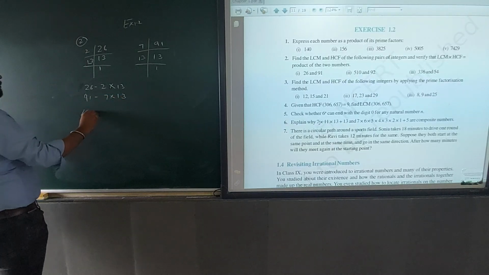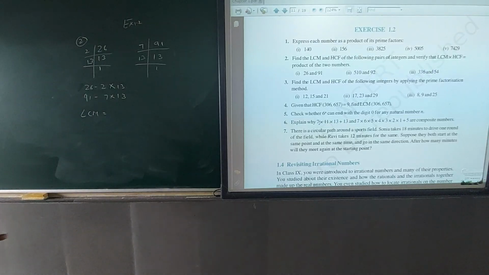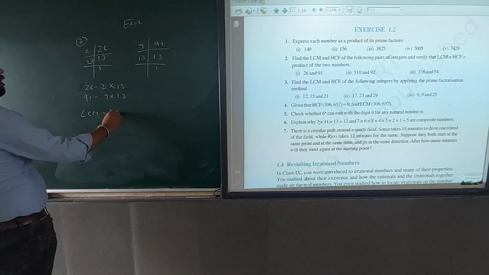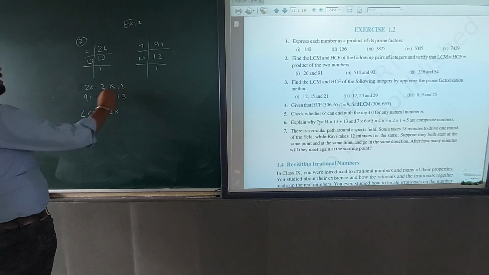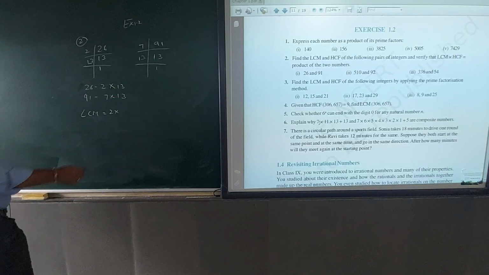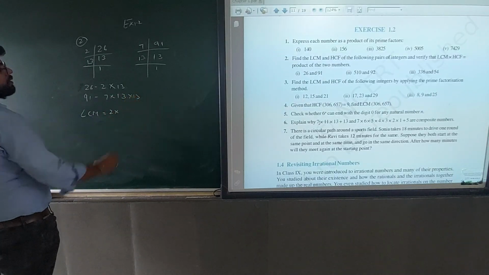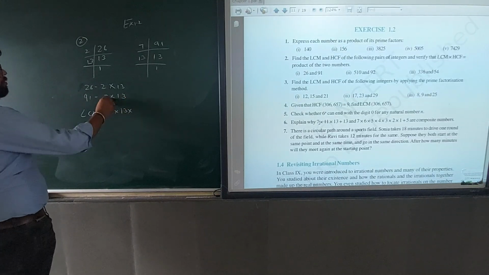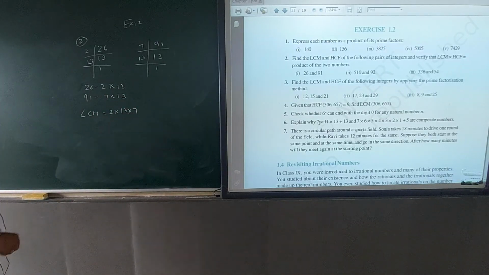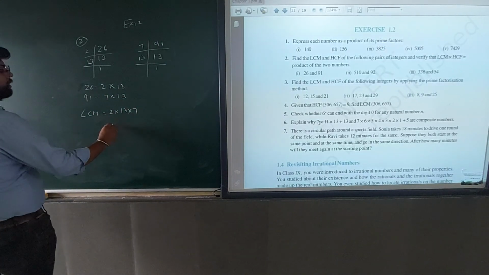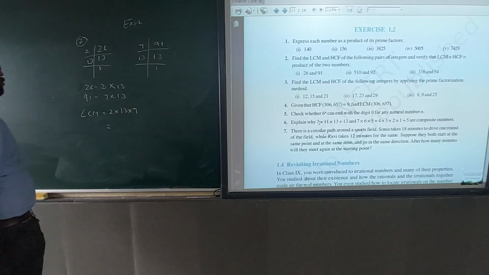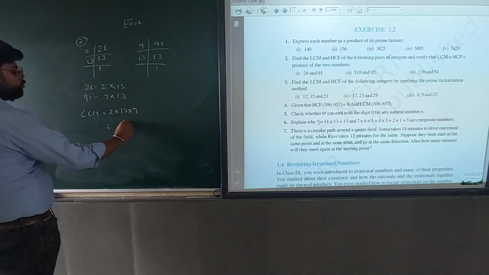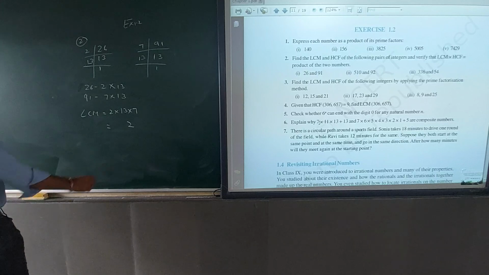So how can we find LCM? For LCM we have to take each number the maximum number of times it comes. Here how many times is 2 there? Only one time, so we write 1. How many times is 13 there? Here only one time, and here also one time, so we write one time only. If suppose 13 were there one more time, then you would write 2 times here. Now 7 also maximum one time. Now this 13 we already calculated. Now multiply it. 13 2s are 26. 26 into 7 we have to do. 7 6s are 42, 4 carry, 182.